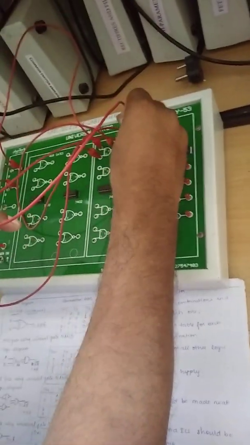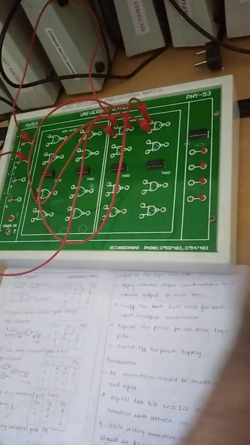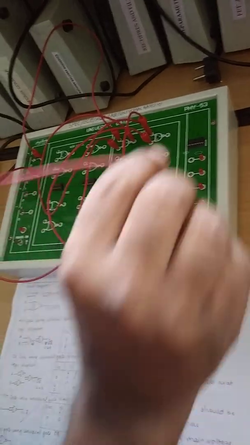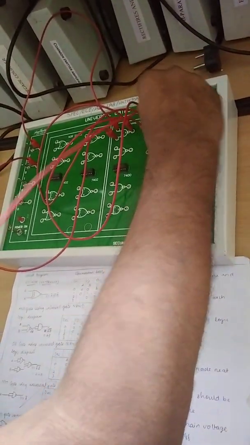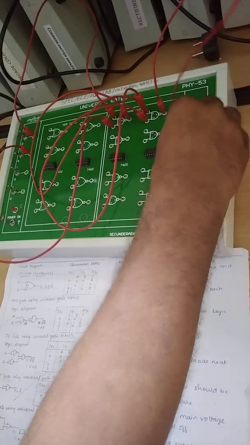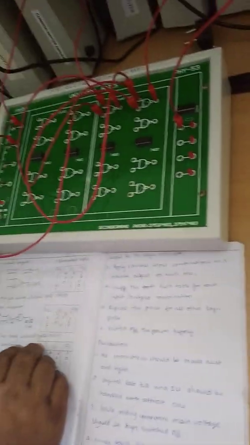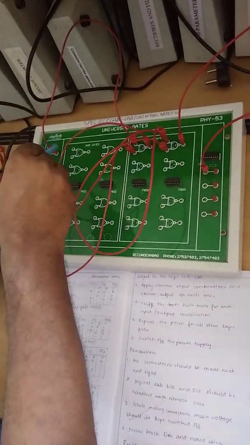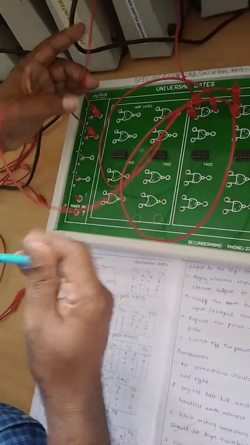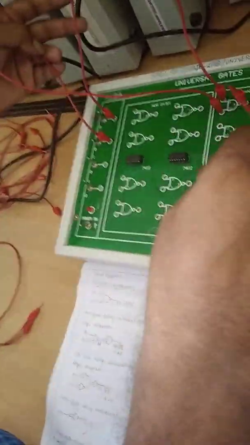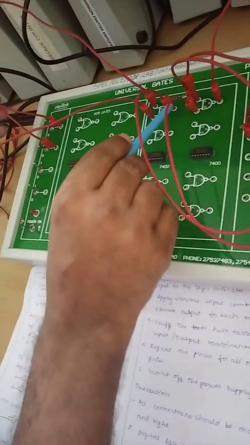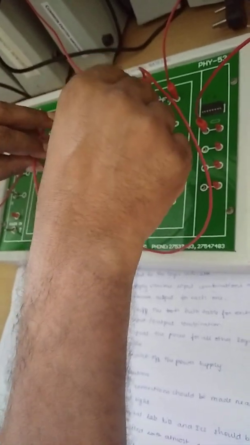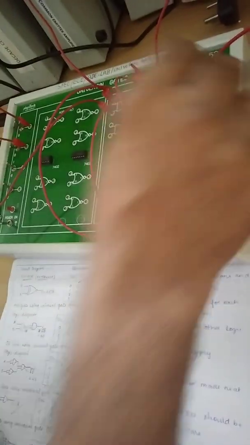Please all of you see this circuit, very important. Once you understand one gate, automatically you can understand every gate. Very simple, everything is simple. So this is the connection of the AND gate using the NAND. Every logic gate consists of two inputs. This is one input, this is the other input. These two inputs are applied to the NAND gate inputs. The output is applied to another NAND gate. So these two are shorted. The output is connected to the LED.